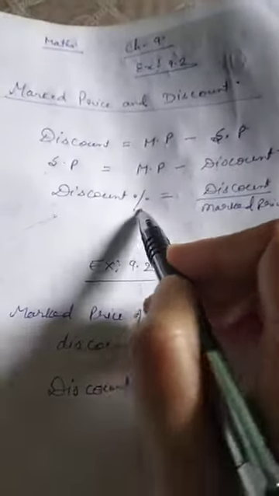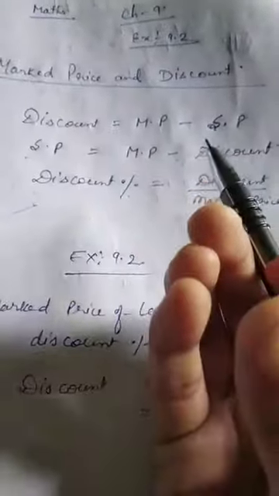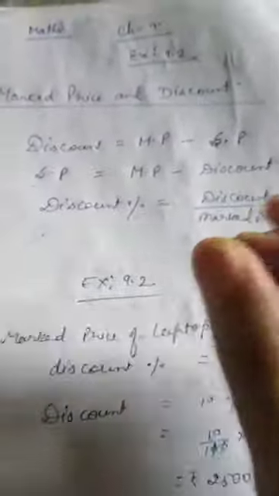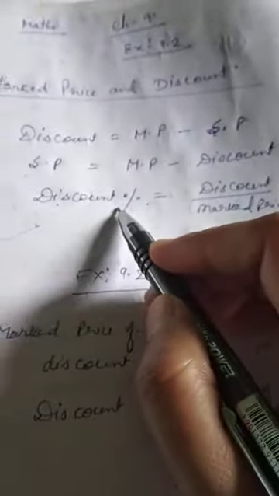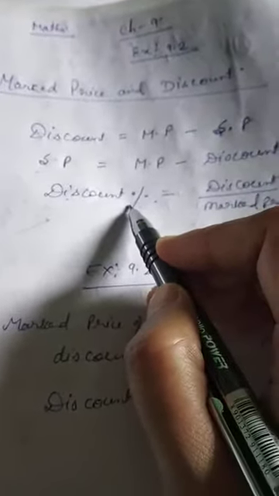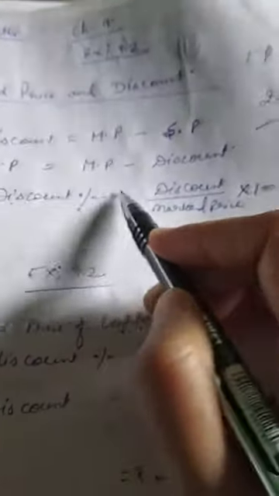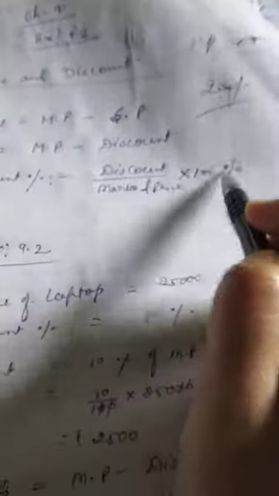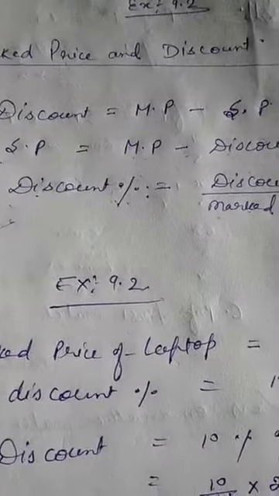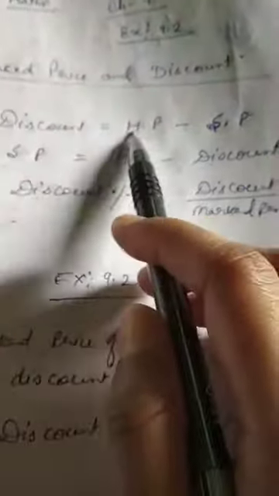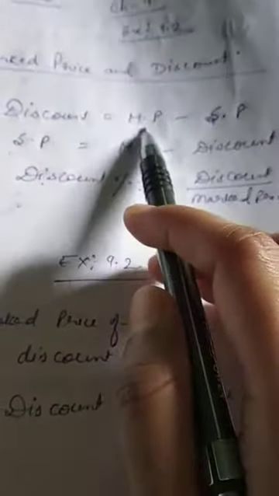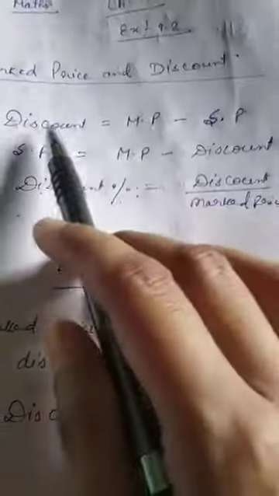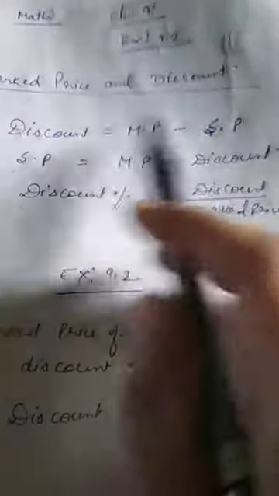Okay, and discount is what? Discount is the deducted price. The percentage, we change that percentage into rupees, and that deducted price is called the discount. So discount can be given as a percentage or in rupees also. If you know the discount, we can change it into a percentage as discount by marked price into 100%. Okay students, so discount can be taken out by subtracting the selling price from the marked price. This is the difference between the marked price and selling price, the discount.